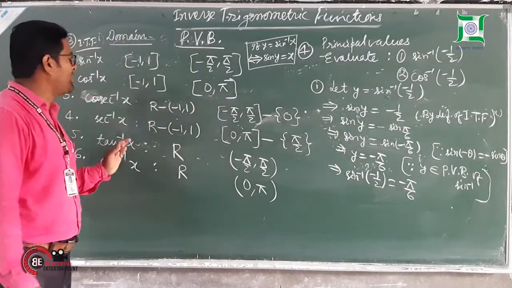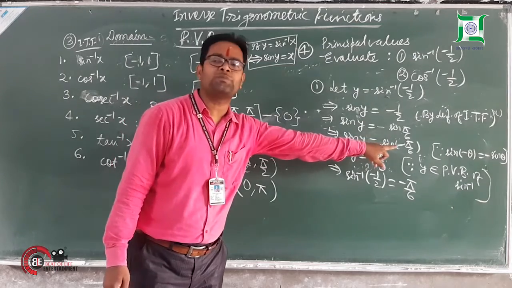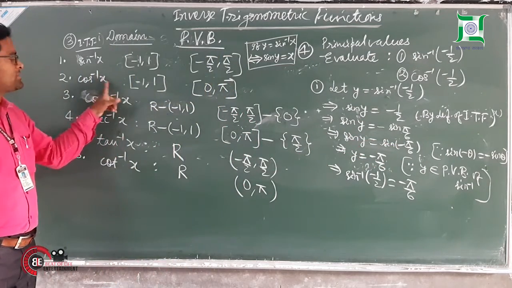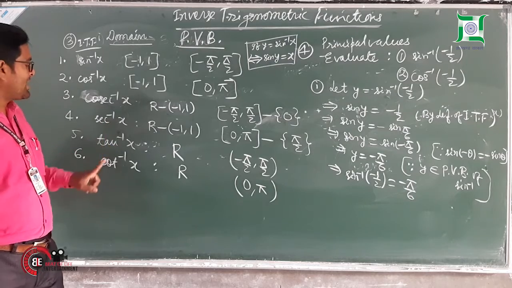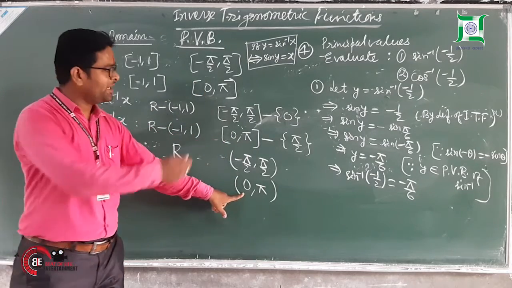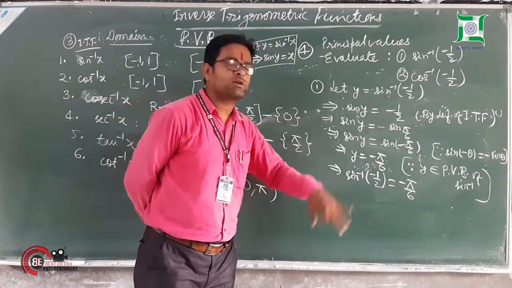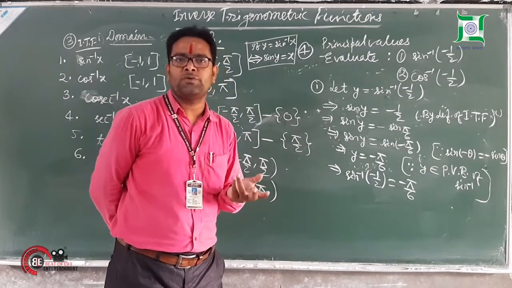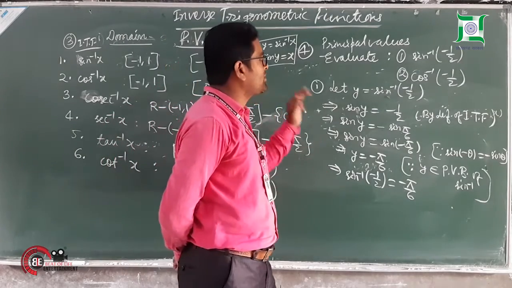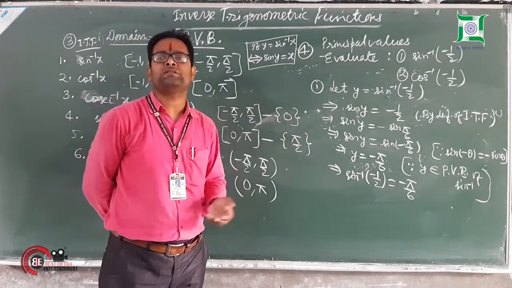Now, between minus pi by 2 to pi by 2, we can easily convert them as the negatives of the angle, functions of negatives of the angles. For cos inverse, sec inverse and cot inverse, they are having related intervals 0 to pi. So here this negative angle concept will not work. What will we do? As explained in class 11 level trigonometry, we have to convert into the proper quadrant, and especially we will convert them in the second quadrant.